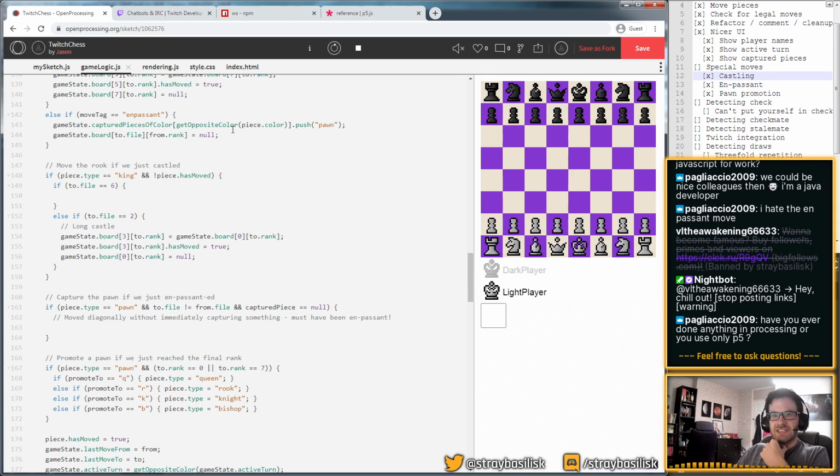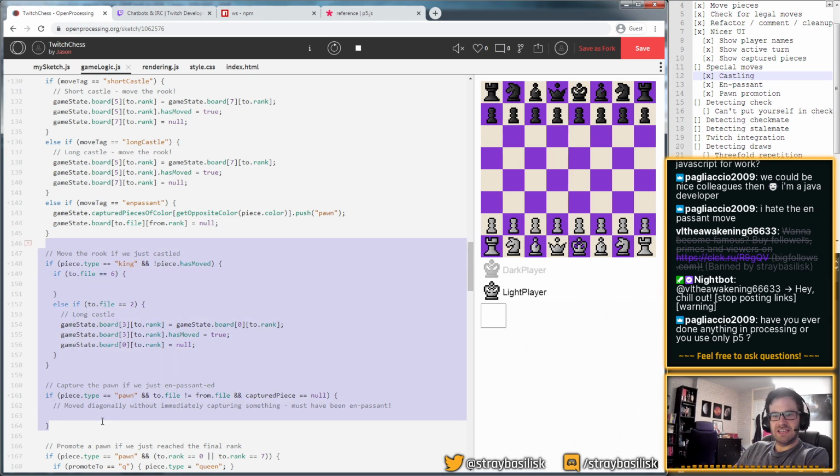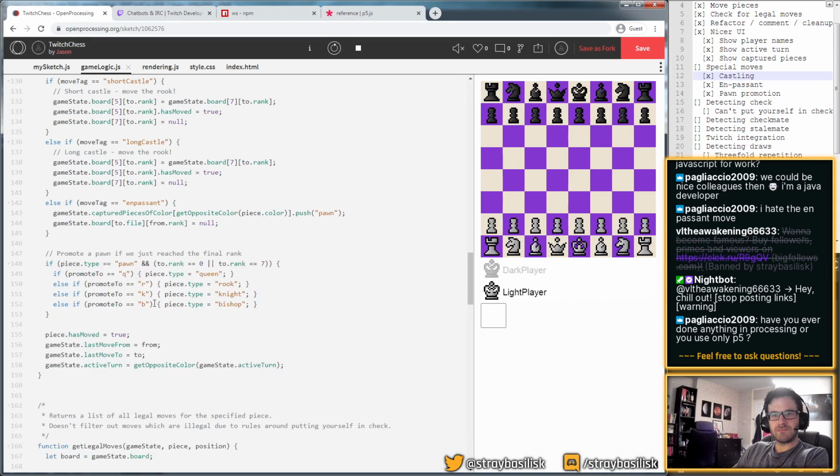That's what this does. It just clears out the piece behind it and adds it to our capture pool, if you like. So that's a long castle. Cool, so now we can get rid of this, and it's a little bit nicer.